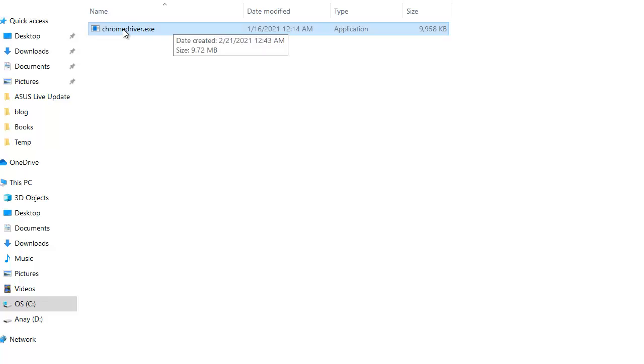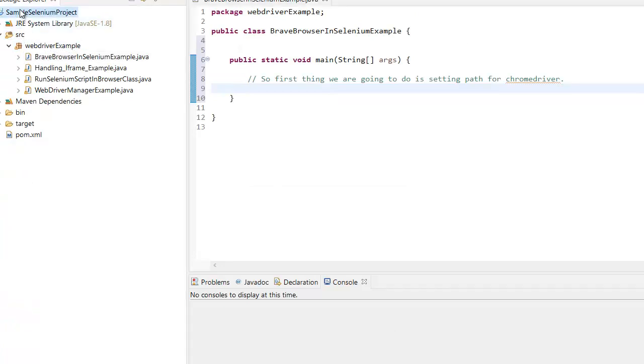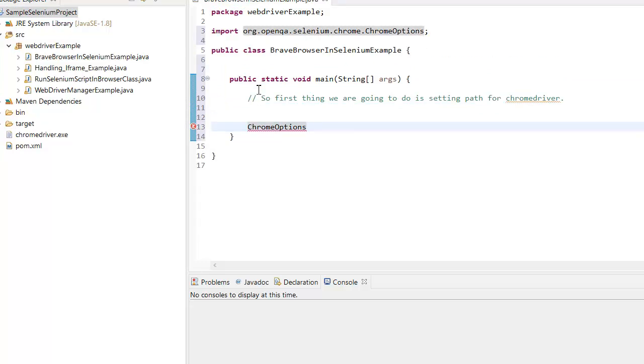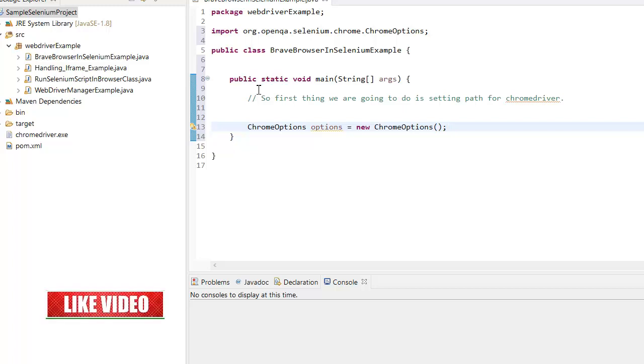One way is that you can directly copy this and just paste it into this project. So just copy it at the project level, and now if you are going to call ChromeOptions, here I am calling the ChromeOptions so that we can provide the path of the Brave binary. Options equal to new ChromeOptions. This is one class that has been defined to change the Chrome behavior or Chrome capability in a specific ChromeDriver session, and here we need to call